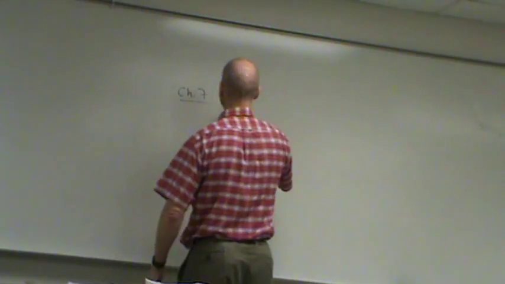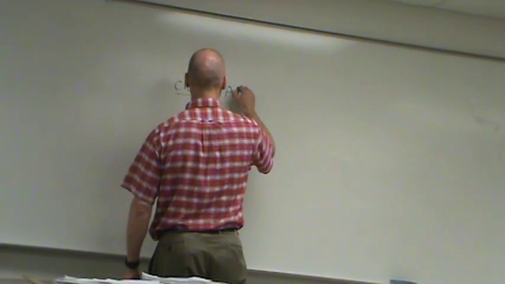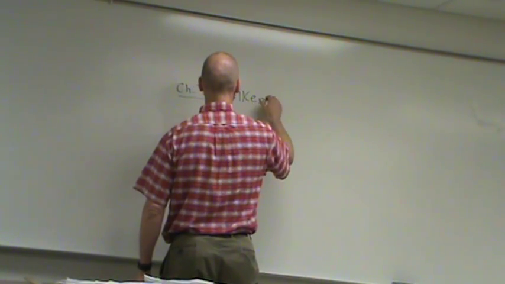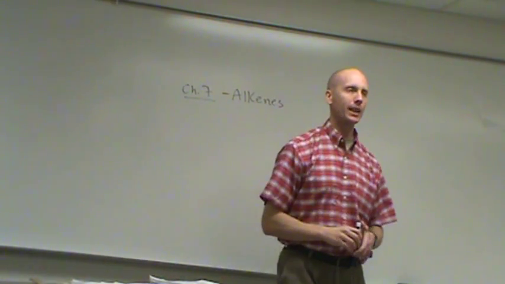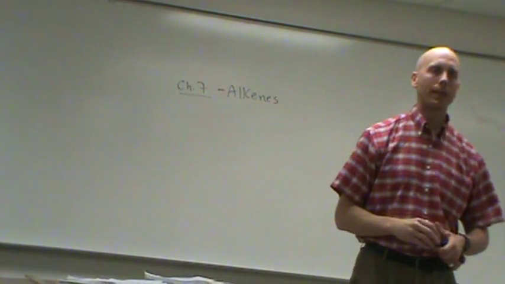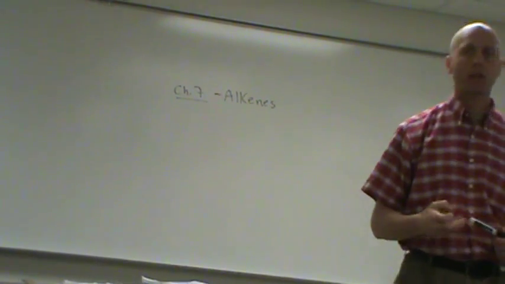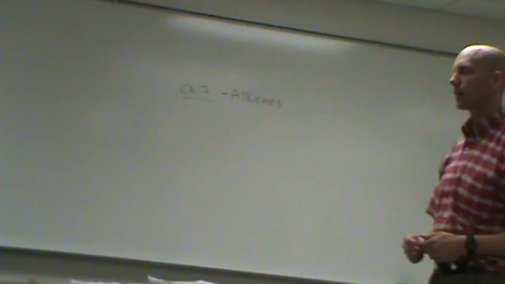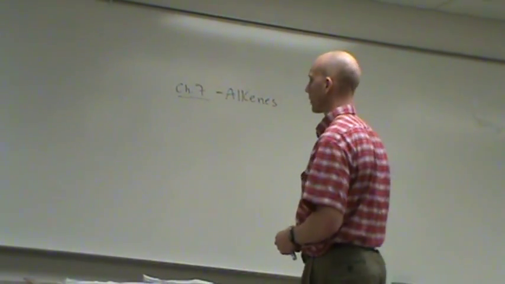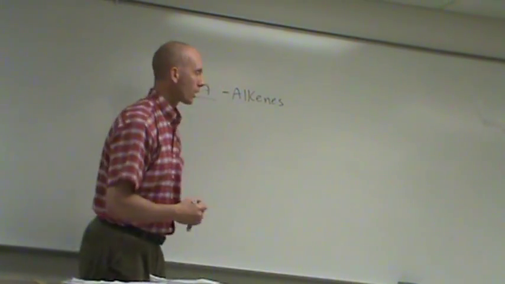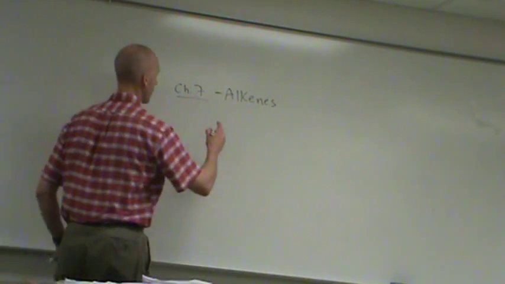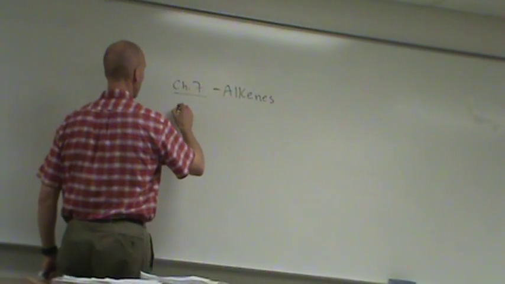What we're progressing our way into are the molecules called the alkenes. Remember the alkene functional group? A carbon-carbon double bond. That's what we're going to be heavily getting into. So, since alkenes have at least one double bond,